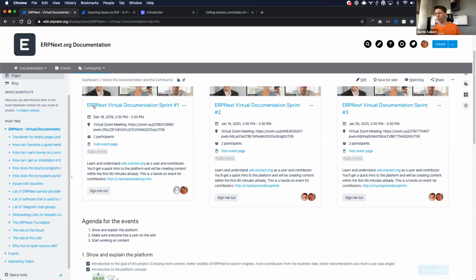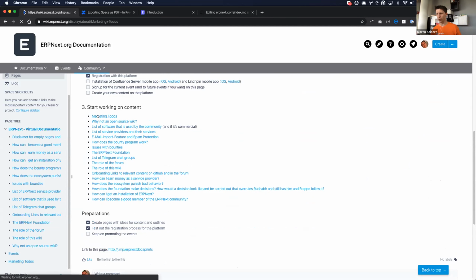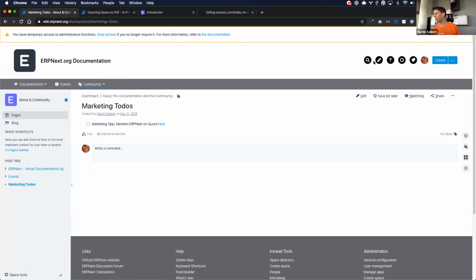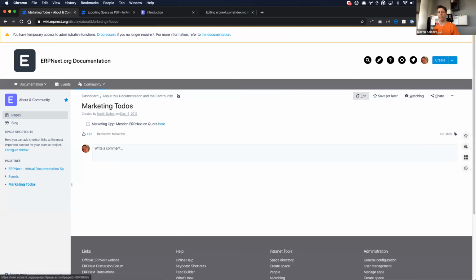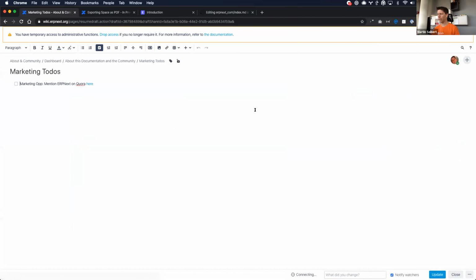So if you're on this page here, click on marketing to-dos, or just search for marketing to-dos in the search. Here it is. And then you click the page and you get to the very same page. And then you click on the edit button. What you can also do, if you don't want to click the edit button, you can just click E for edit. And then I do see that Raj is in this page already. And now Gunnar joined and so on. Your positioning will be indicated by your letter and